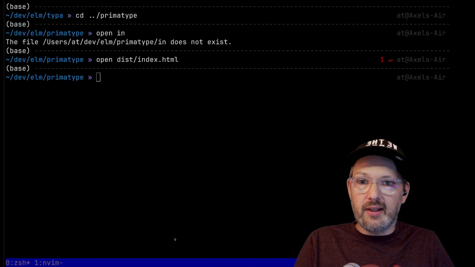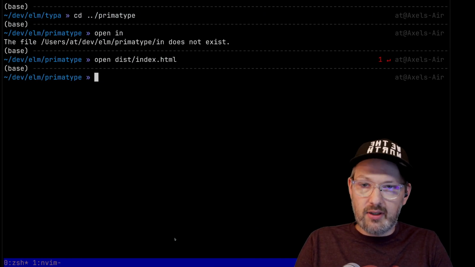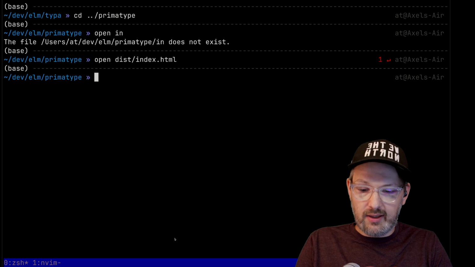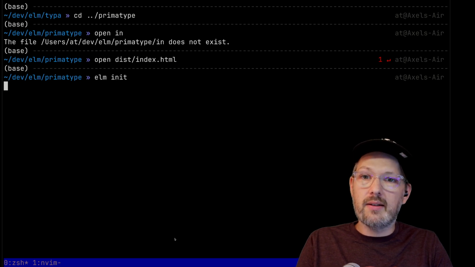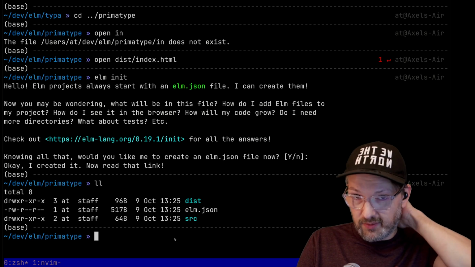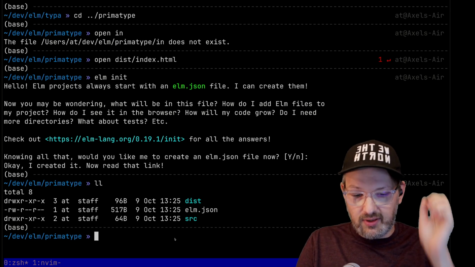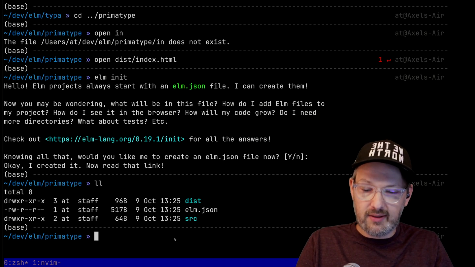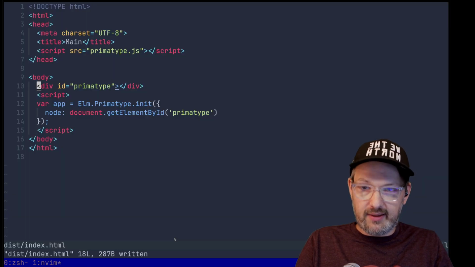So let's initialize an Elm application in here, elm init. Yes, I want the elm.json file. Now we have the src directory, which is empty, and the elm.json. So let's open